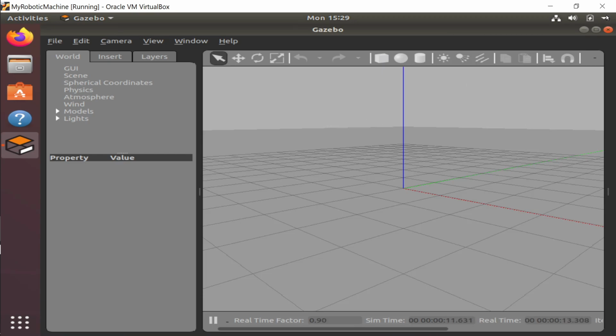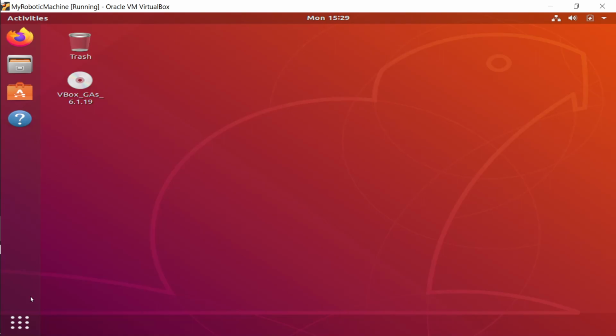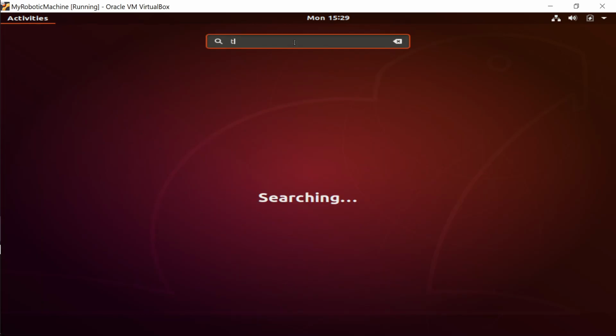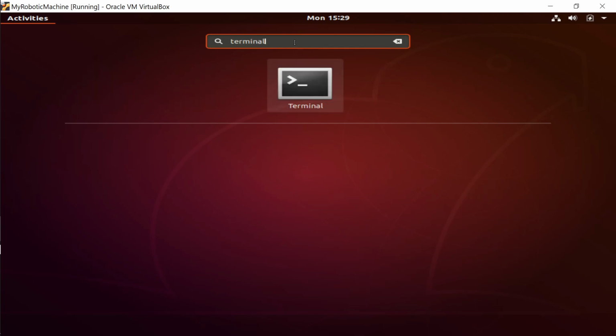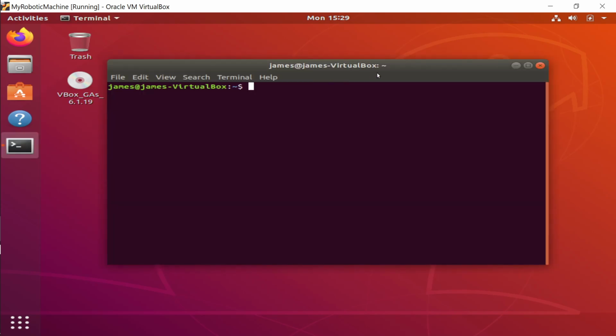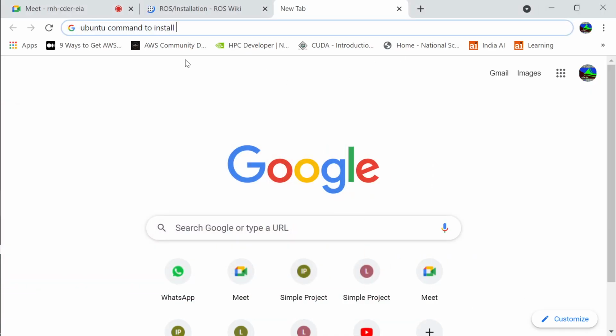Actually it has started Gazebo. You have seen this inside the AWS also, no? Gazebo. Anyways, so what we'll do, we need to go to the terminal screen, your command prompt, to install anything. That is one of the places which I visit. Okay, so now that we have done this,